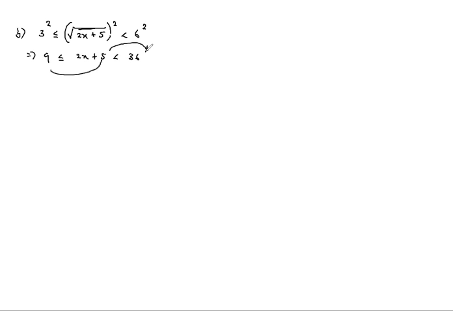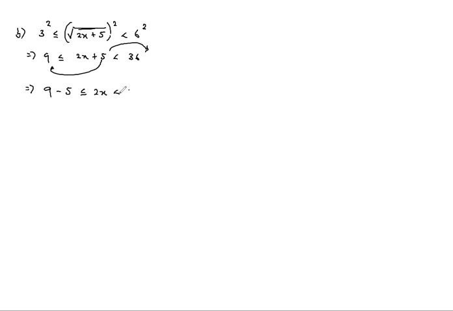So can I do B? Okay. Let me do B. 3 less or equal to the square root of 2x plus 5 less than 6. So again, this one is direct. I square, I square, I square. And I'll get 9 less or equal to 2x plus 5 less than 36. Then take this number there, take this number here. So I have 9 minus 5,